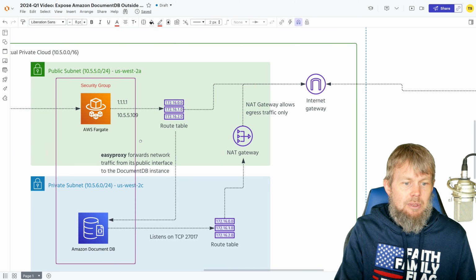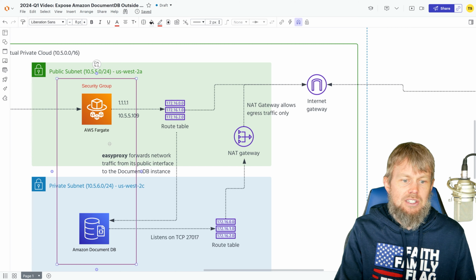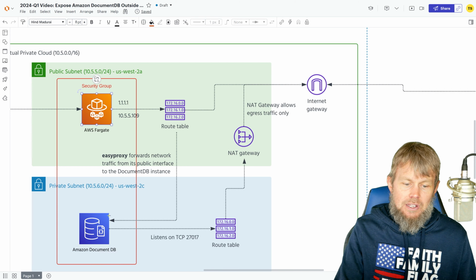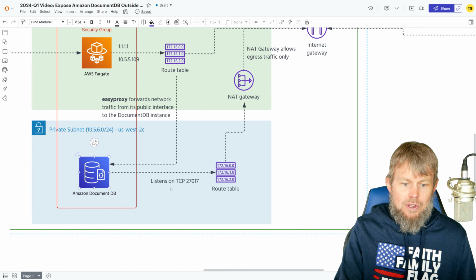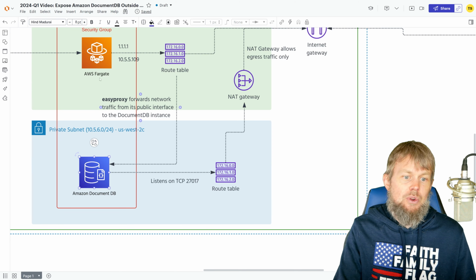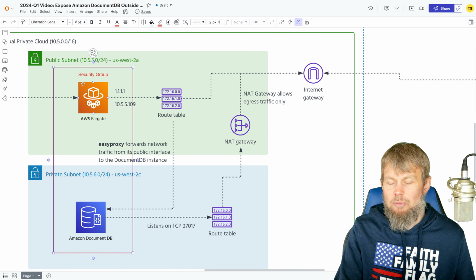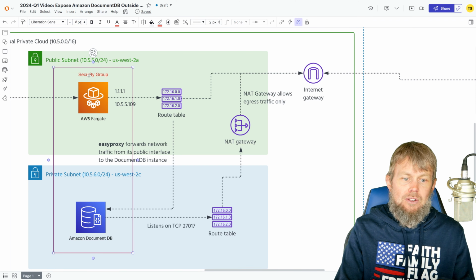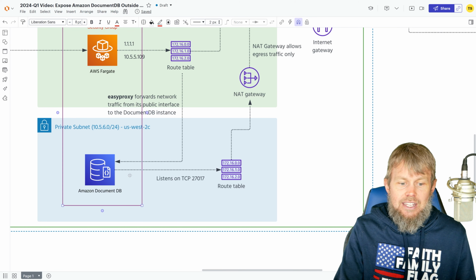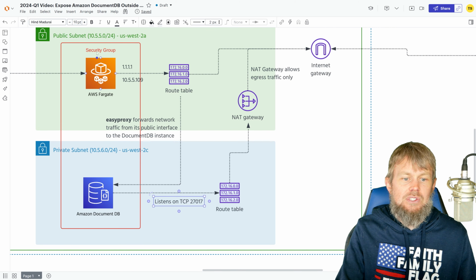Now, one of the other things that we need to make sure that we do is set up our security group rules. And so what we need to do from the security group's perspective is make sure that whatever security group we have associated with our AWS Fargate container here has access to TCP port 27017 on this DocumentDB instance. So we could either do that based on the source security group by just adding them both to the same security group and then adding a rule into that security group that allows the security group that it's associated with to actually access any host on TCP port 27017,